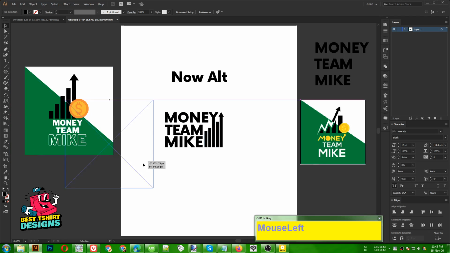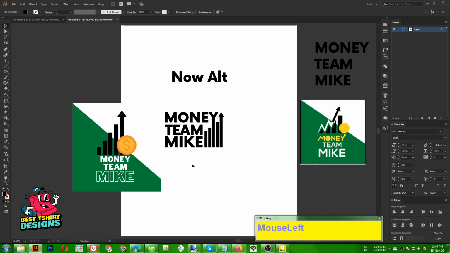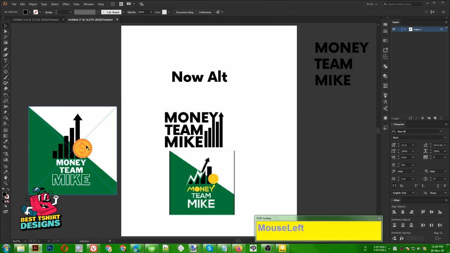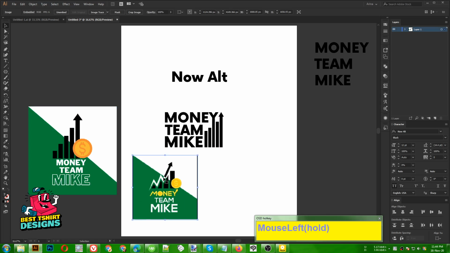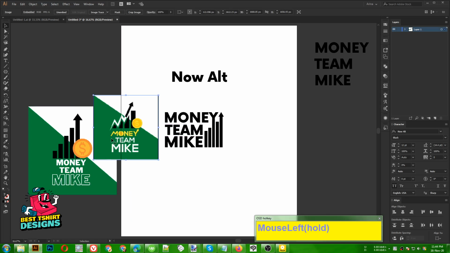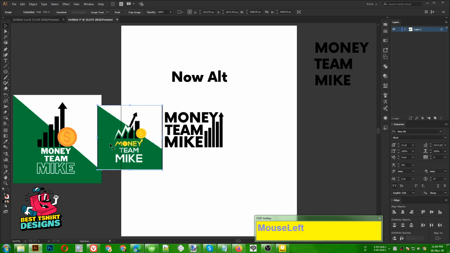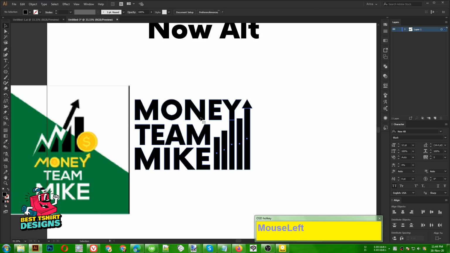Okay, so now for the coloring options, as you can see, this is how it is looking right now. But what should be the color? This one is from their website. This is in CMYK, that's why this yellow is a brighter yellow. This is in RGB color, so that's why it looks like this. This was on his website, so this is what people will see about their logo, and this is just a PNG image he sent me. I am going to follow this image because this is their outer brand, people will know them by this logo. So if I select this one here, I ungroup them, and now